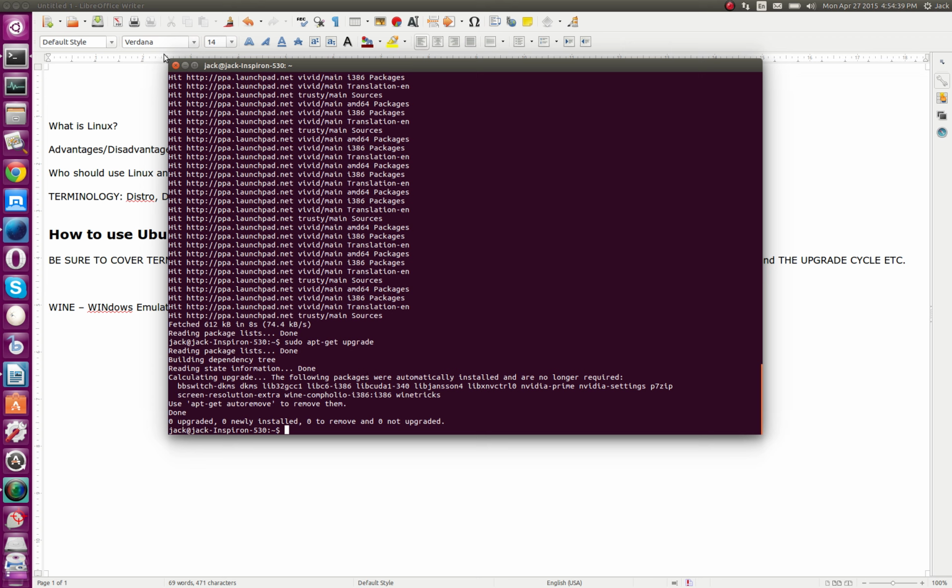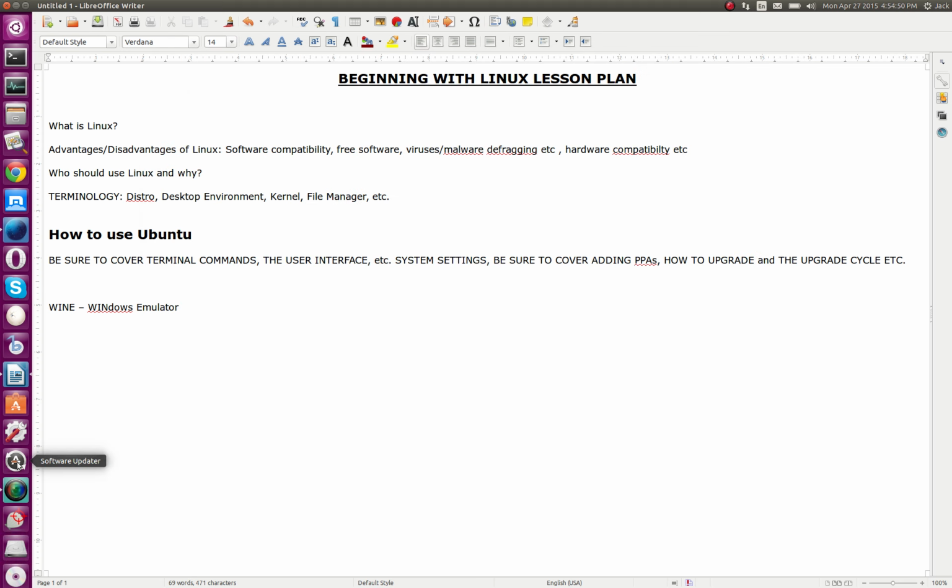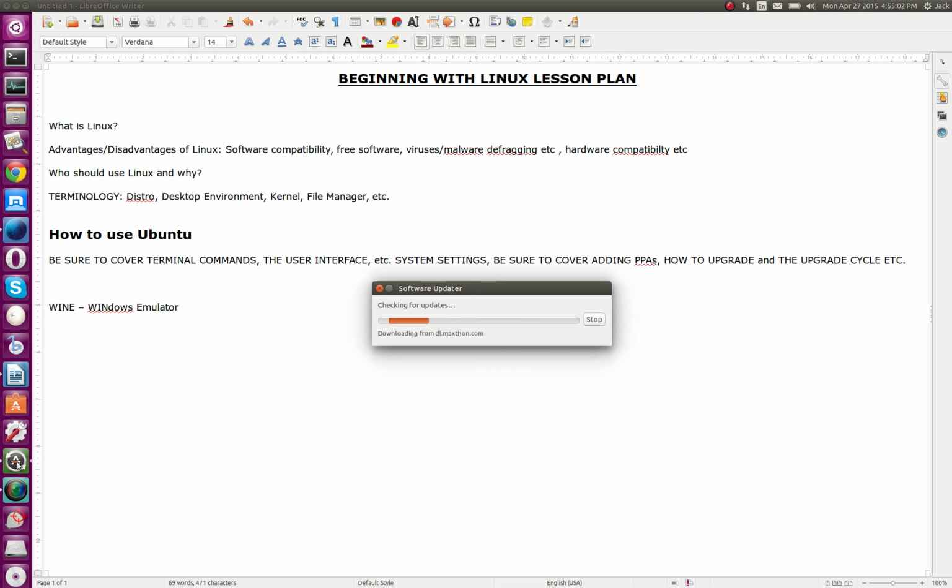Now, I can perform the same function that I just did in terminal, and I don't need to use terminal if I don't want to. Ubuntu has the software updater. This does the same thing that you just saw all those lines of code doing. Well, it's not really code, but whatever. I click that, and now I'm going to launch the software updater. It's doing the same thing. If it were to find an update, which it shouldn't, because it didn't find one just now in terminal,